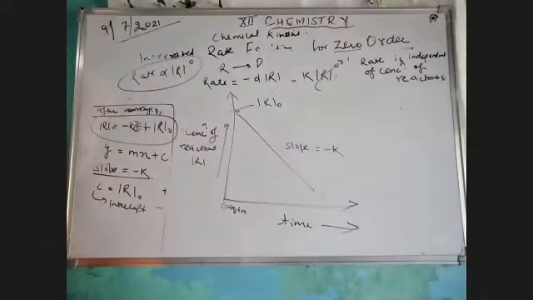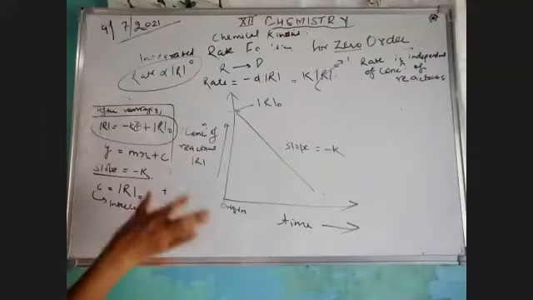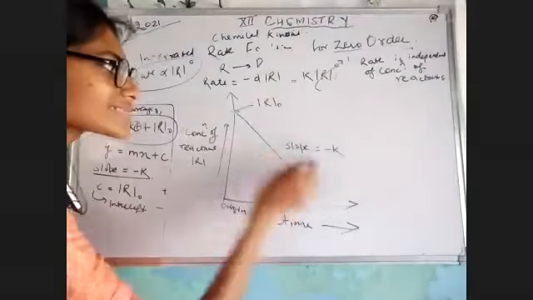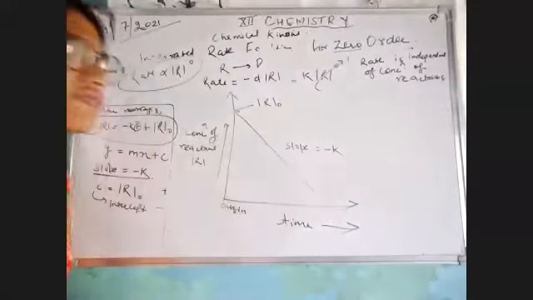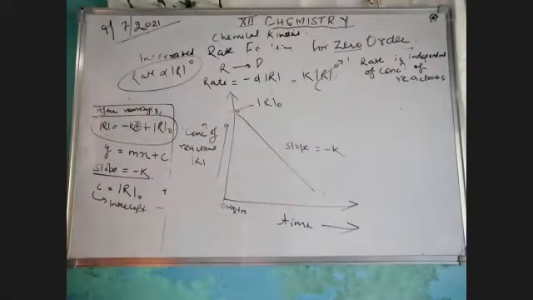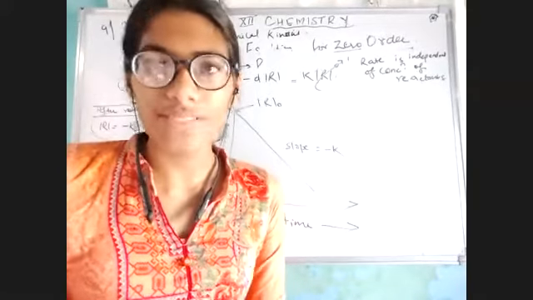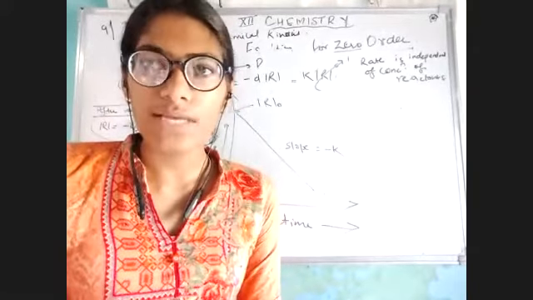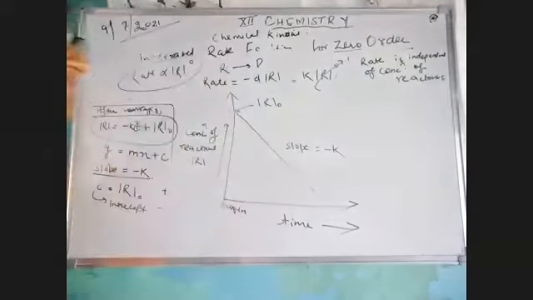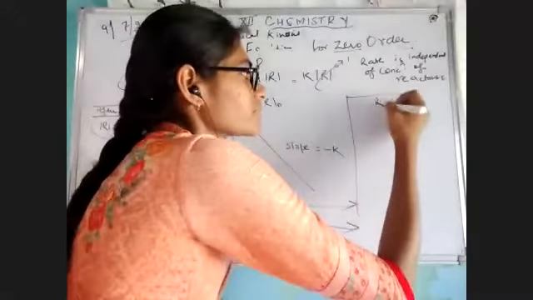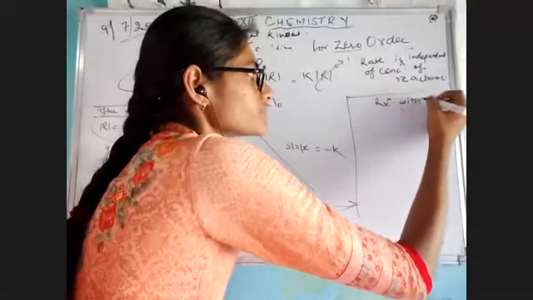So this is the equation by which we can determine the zero order. We have drawn a graph from the equation r equals to minus kt plus r naught, where we have made a graph between r and t, and slope minus k suggests that the reaction is getting down. Clear? Okay. Now, we have done our concept. Now I'm going to give you a few examples about the zero order, and finally we would calculate the half-life period. Okay, let's see. सबसे पहला पॉइंट तो यही आता है that my reactions with zero order are very rare, as I have told you in the previous class also.